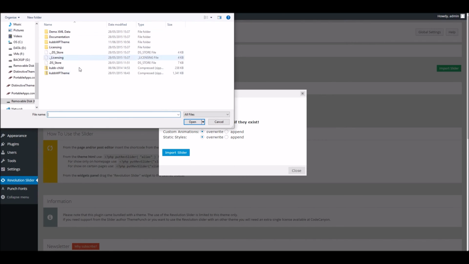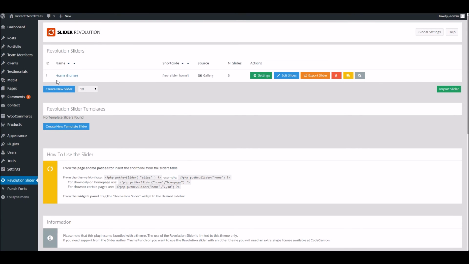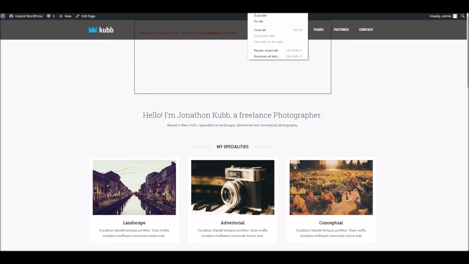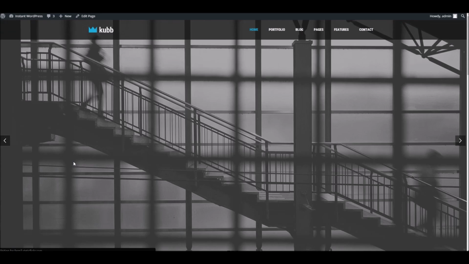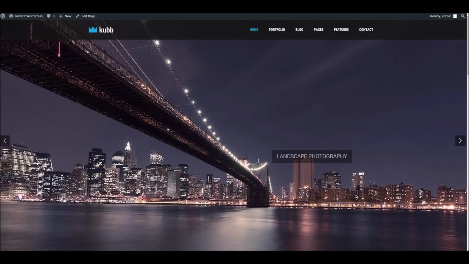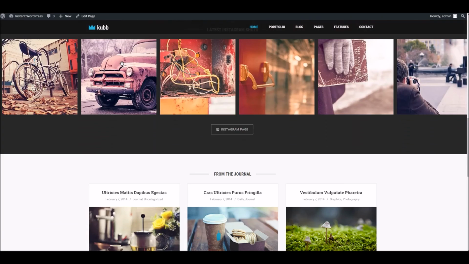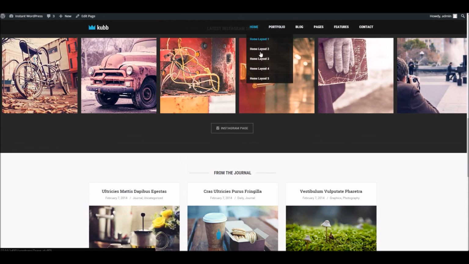So this is the content that you would have received in your download package. You can see in there we've got the demo data one here, and surprisingly we've got a demo slider there also. That's kind of the one we're aiming for, so we'll upload that. There we go. So that took 2 seconds. The slider's actually been imported. Let's take another quick look at the front end of the site and see what that gives us. And there we have the slider in all its glory, looking absolutely wonderful. We've got the menu, we've got the logo all in place, everything's all perfect and as it should be